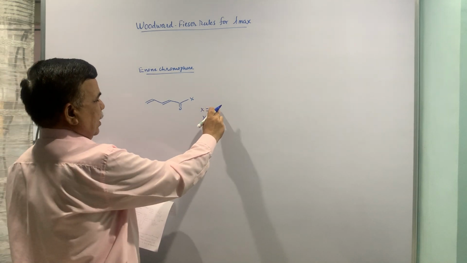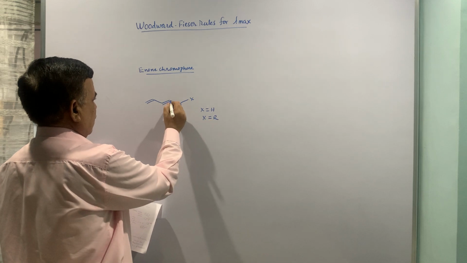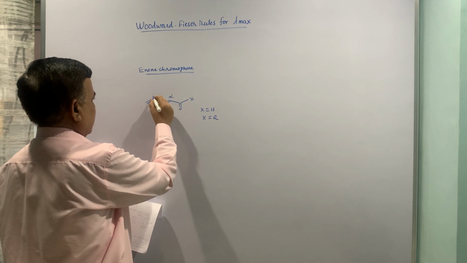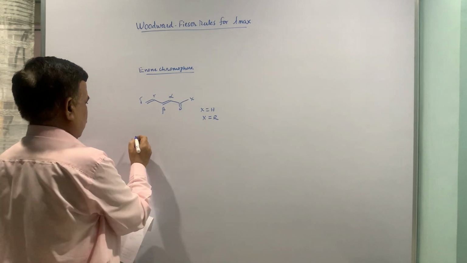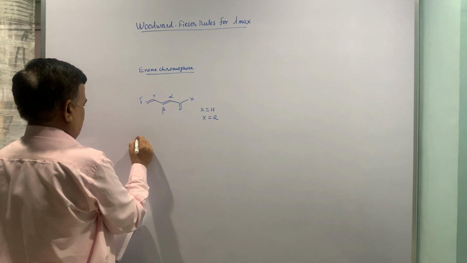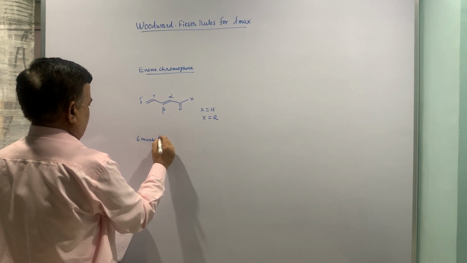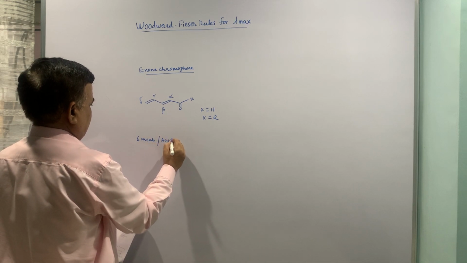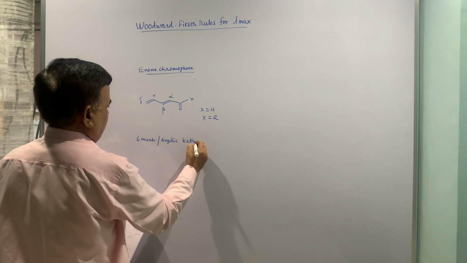If X is equal to H, that is aldehyde, X is equal to R, that is ketone, and then these are the relative positions, alpha, beta, gamma, delta. So 6-membered or acyclic ketone,